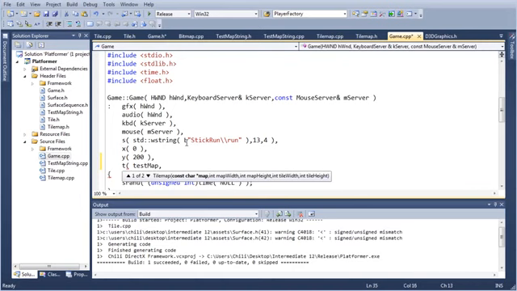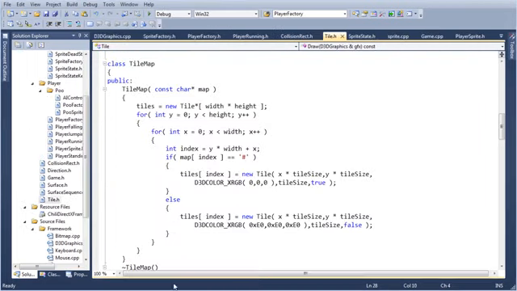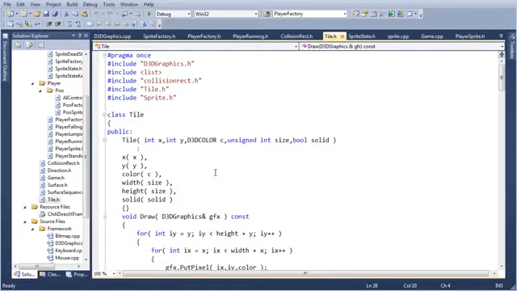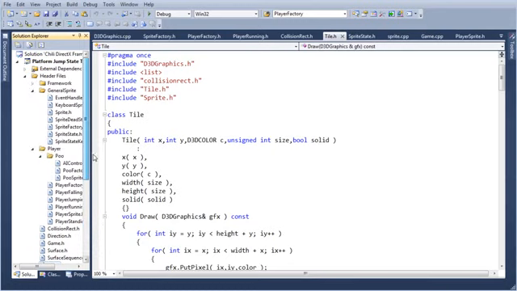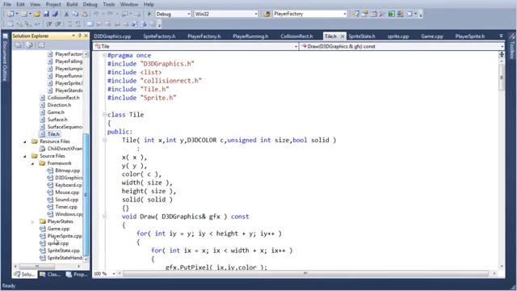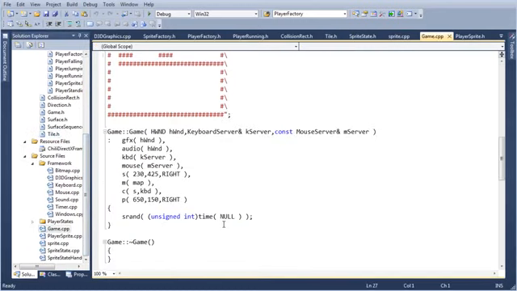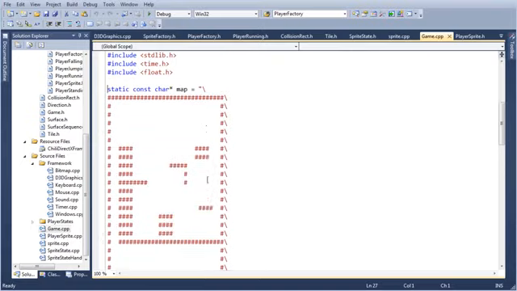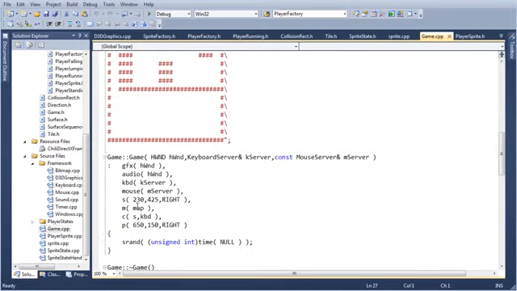Okay, now I've got to actually remember how wide this is. 1 second. It's probably going to be in the same sort of place. Sprite map. Well, that's not good.